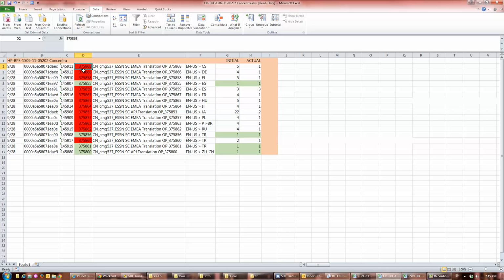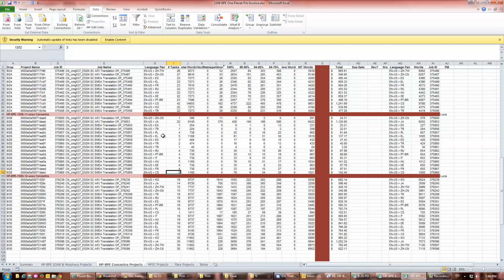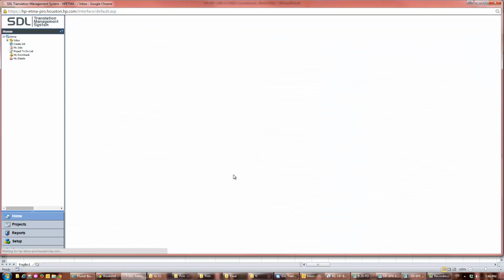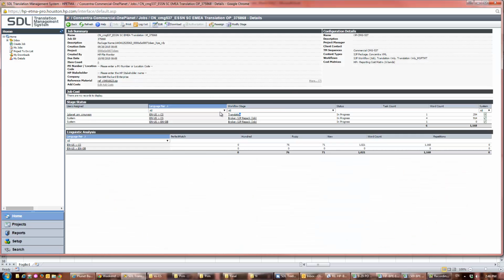Now, the next thing we have to do for any of these that are wrong is we have to change the bad ones back to the translation stage so that you can translate them, and we have to tell Ping those file names so that she can do whatever she has to do in Concentra. So I'll show you how to do it for this job, and I'll let you do the others. So for 868 in ETMA, I'm going to go into the project just by doing this. Click on this file name. You can see right away there is one task in translation, and there's 4 tasks in a stage called SJP